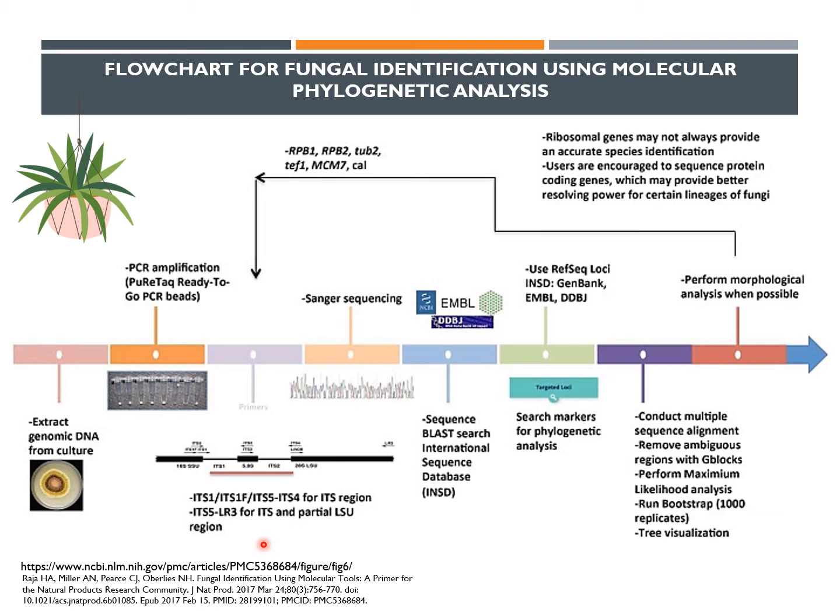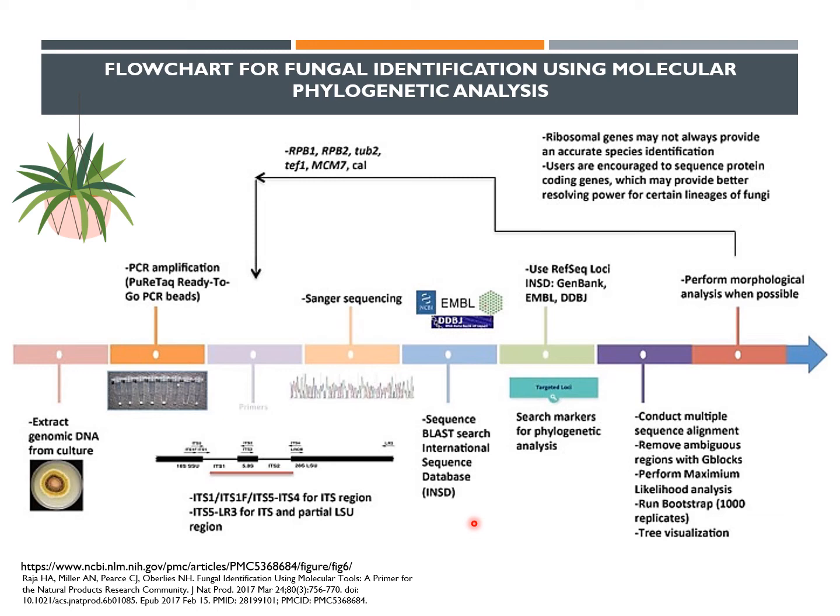For example, you can combine the ITS1 with the ITS4 or other ITS regions. And you can also combine the ITS primer with the LSU region, so you will generate quite a variety of PCR products here. Then you send your sequence for Sanger sequencing,